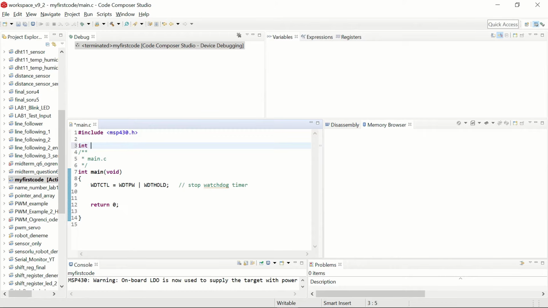I'm going to declare an integer d is equal to 0. And then in the main function, I'm going to write integer a is equal to 1, float b is equal to minus 255.25, and character c is equal to lowercase c,